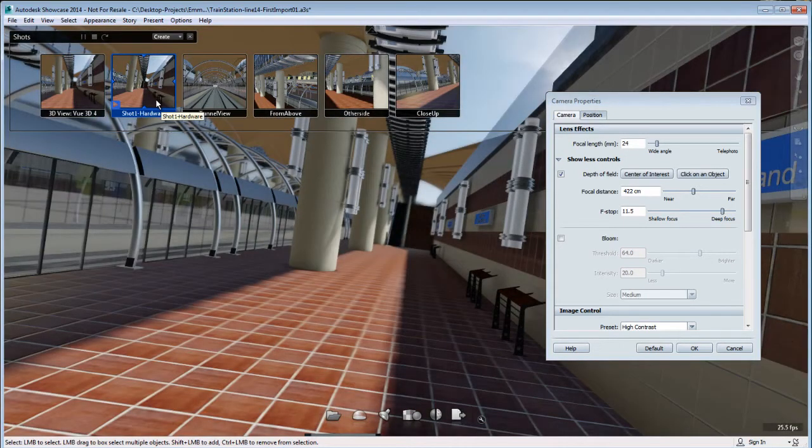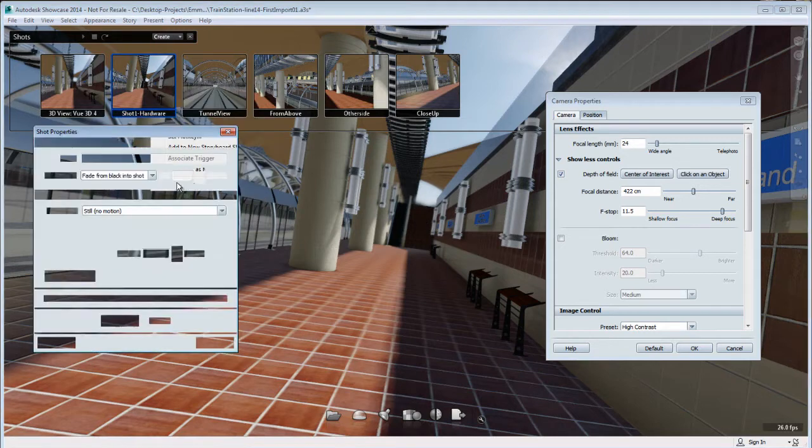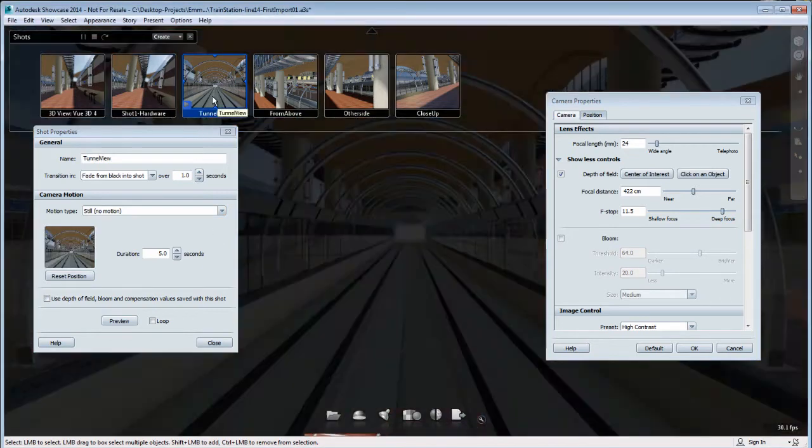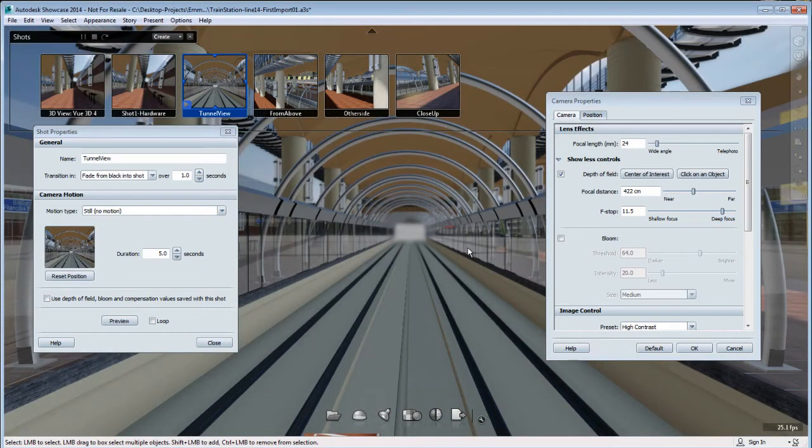Now let's fine-tune our depth of field for each shot. For example, for this particular shot, I still have depth of field turned on and I'm pretty happy with what it looks like. I'm going to load the property, check the use depth of field and save with this shot, and reset the position to lock it down with the shot. Moving on to the third shot, I still have depth of field that gets carried away, but for this particular shot, I'm going to fine-tune it a little bit and add a bit more blurriness in the background. So now I have a different depth of field value for this particular shot. So I'm going to make sure again that I use the depth of field and save it with this shot